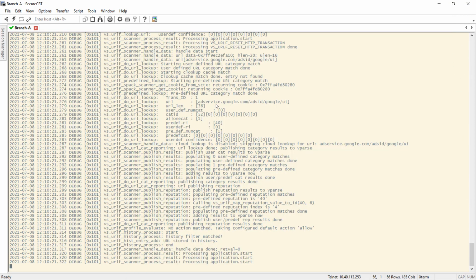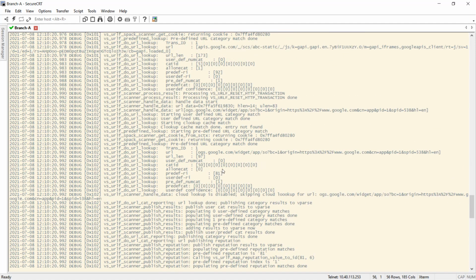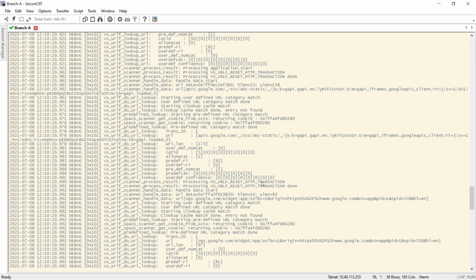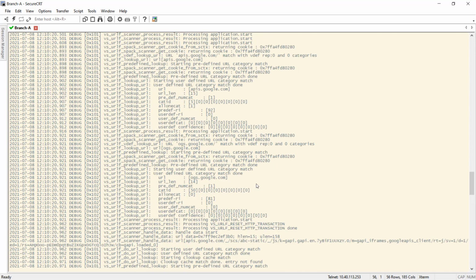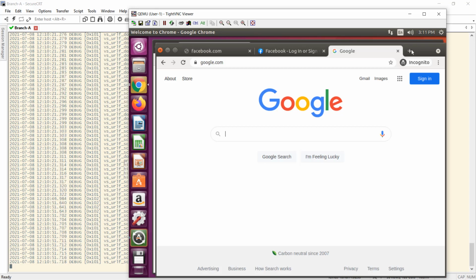We see a lot of information. We see that there was a request to ads.google.com, how the system identified it, what the confidence was, what the category was, and everything else. Before that, we see that there was also a request to ogs.google.com and some others. So when we just went to google.com, the system actually requested multiple sites because there were multiple redirections from that page. At the same time, if we try to go again to